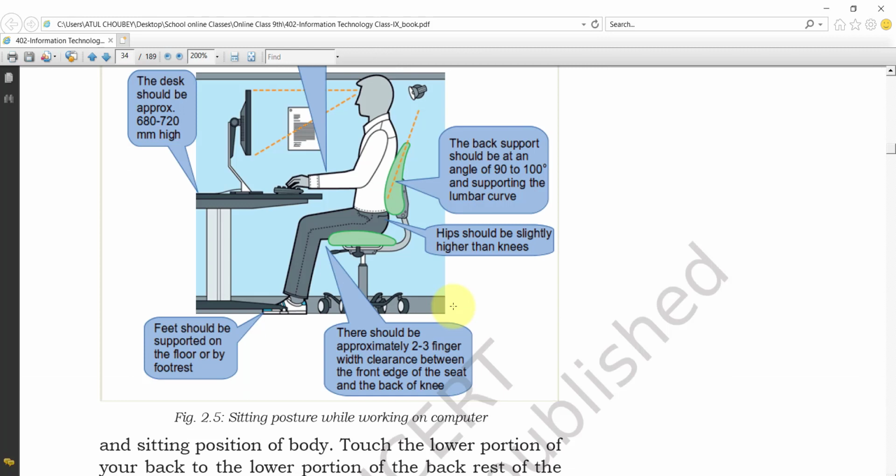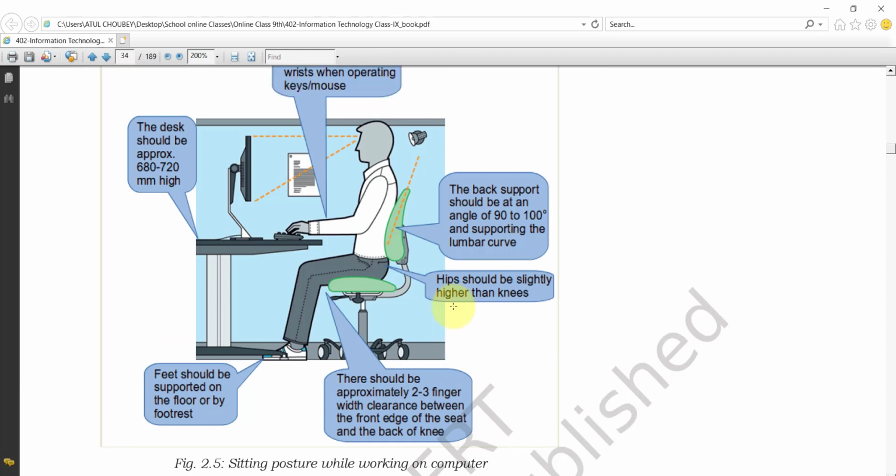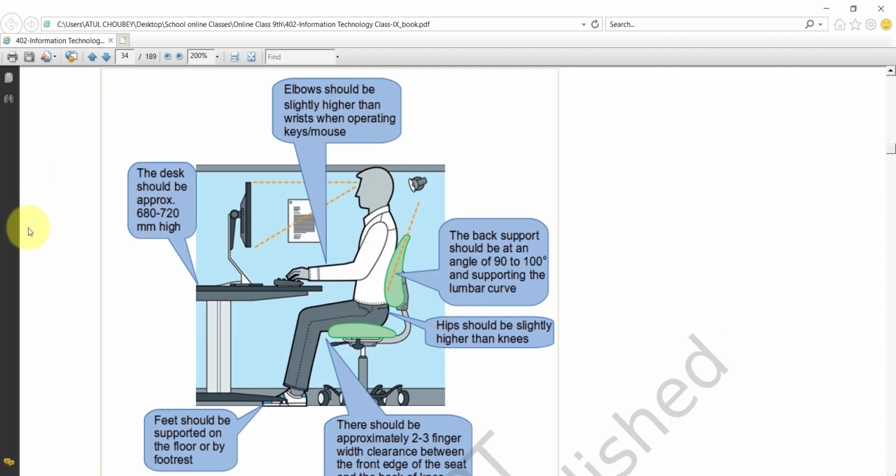So this is the sitting position while working on a computer. Always remember, whenever you want to work on the computer, this is your sitting posture. So look here. According to that figure, the desk should be approximately 680 to 720 millimeters in height. This is your desk size. Next, the elbow should be slightly higher than the wrist when operating the keys. So it should be slightly higher, clear,